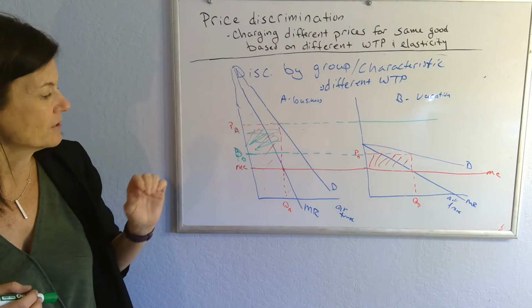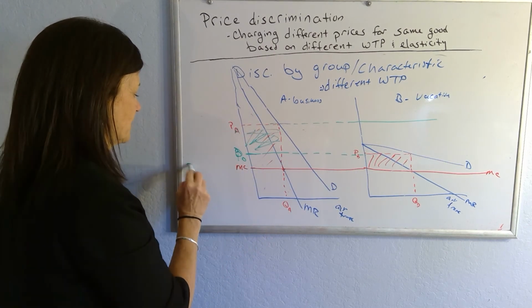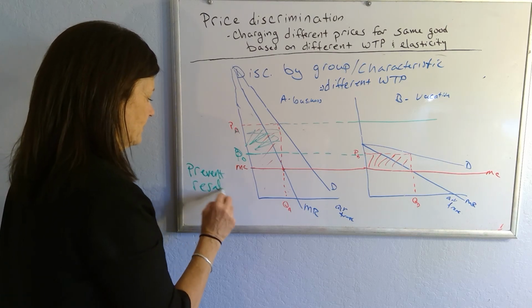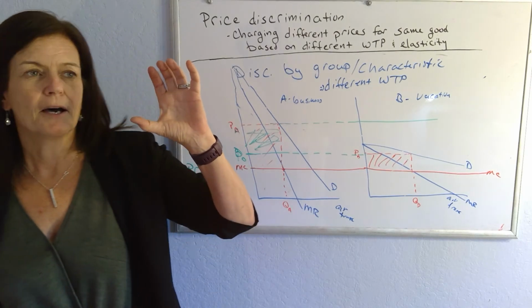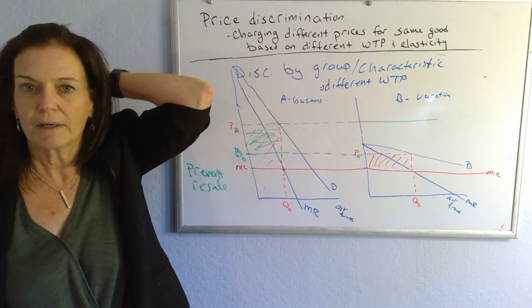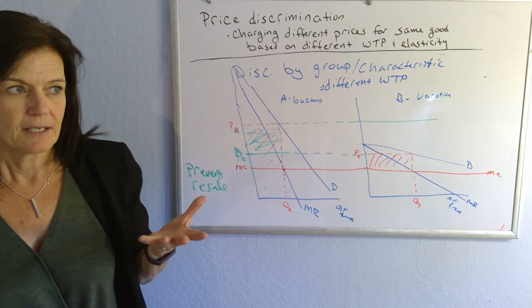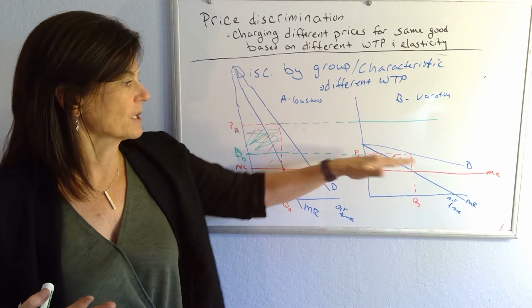And the other thing that you have to do, not only distinguish between groups, but you have to be able to prevent resale. That's why you see a lot of price discrimination in things like admission to the movies, or eating out, or airline tickets, which you can't resell, because otherwise, if this were, say, textbooks, and we're going to charge